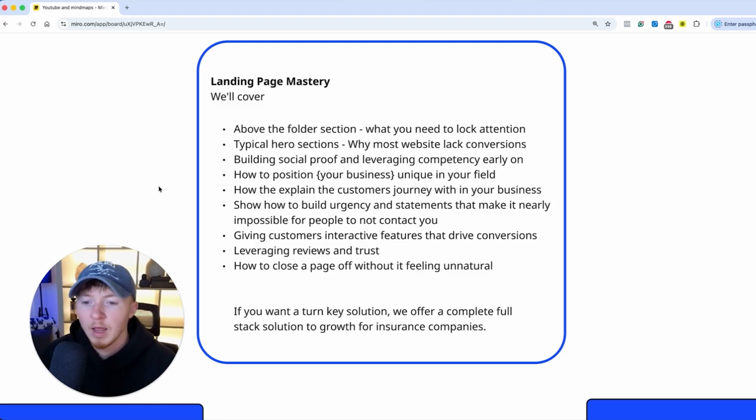We're also going to share and show how we build urgency and urgency statements that nearly make it impossible for people not to contact us, and also giving customers interactive features that drive and increase your conversions. We're going to share how to leverage reviews and trust, and also how to close the page off naturally to